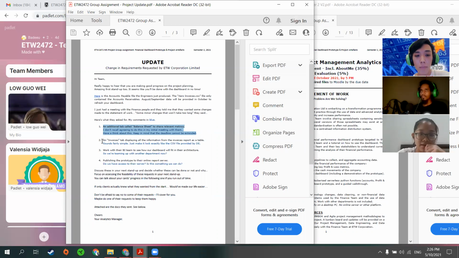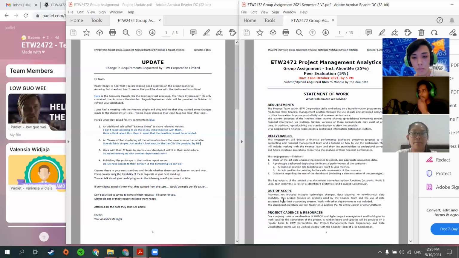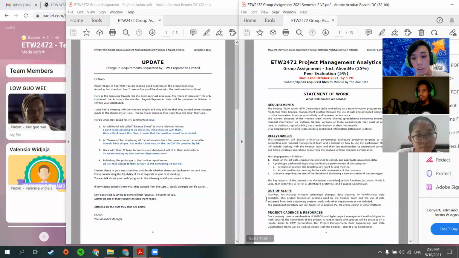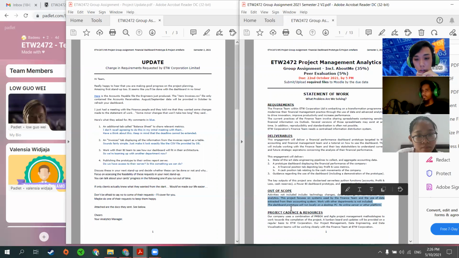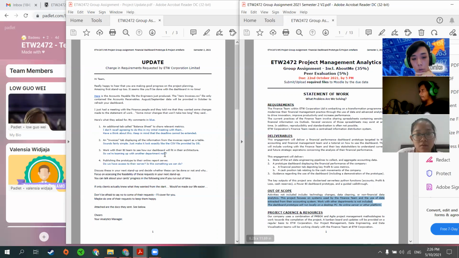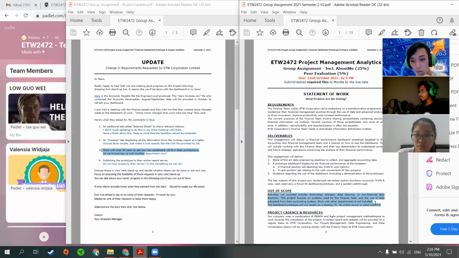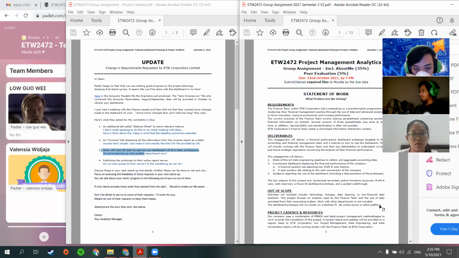What about 2, invoices tab? I think we can do that one, invoices tab. Okay, that is noted. What about 3, work with their team to see how our dashboard will fit in the architecture with reference to our initial scope? Is it feasible? Could you repeat that? Can we do number 3 with reference to our initial scope? I think it's not feasible.